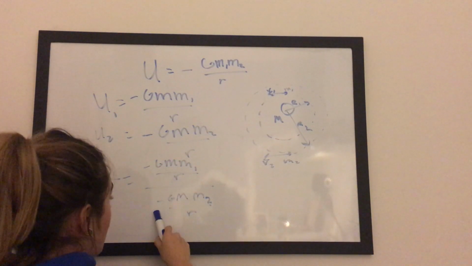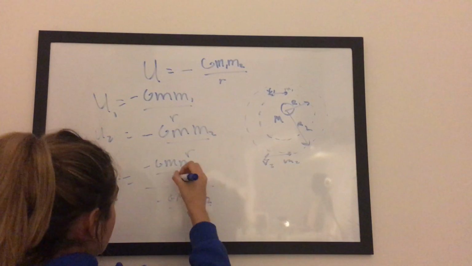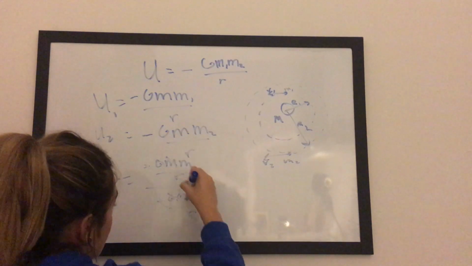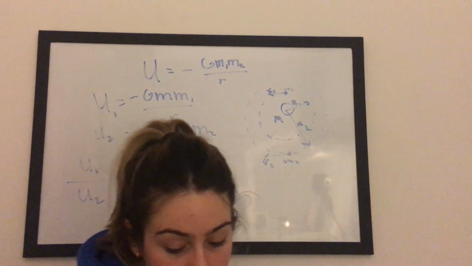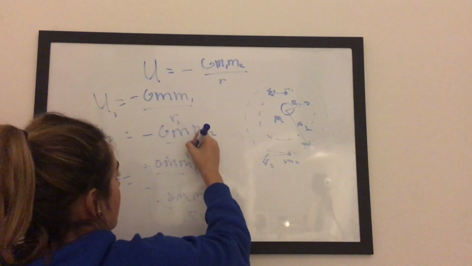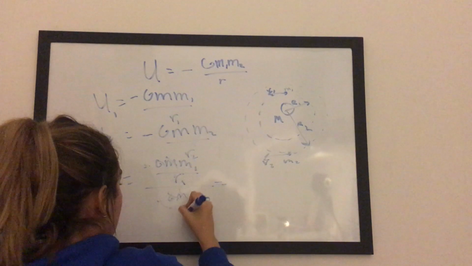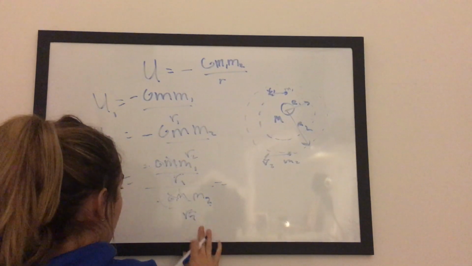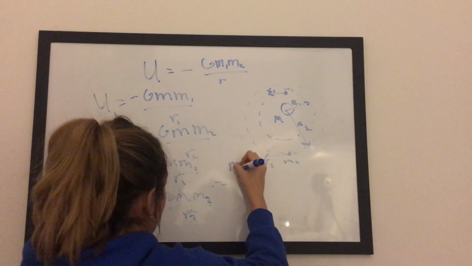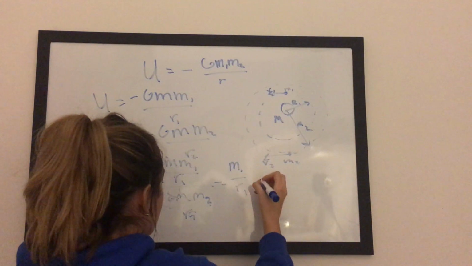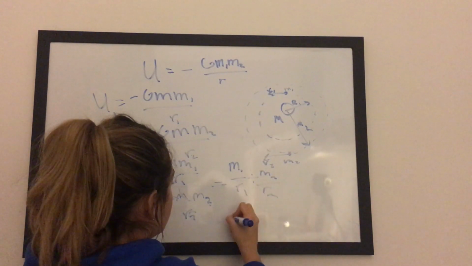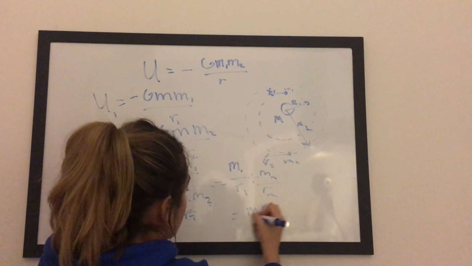The negatives cancel out, the G's cancel out, and the M's cancel out, and you're left with, oh sorry, this is r1 by the way, and this is r2, so they actually don't cancel out, my bad, but everything else cancels out, so we're left with m1 r1 divided by m2 r2, which becomes m1 r2 over